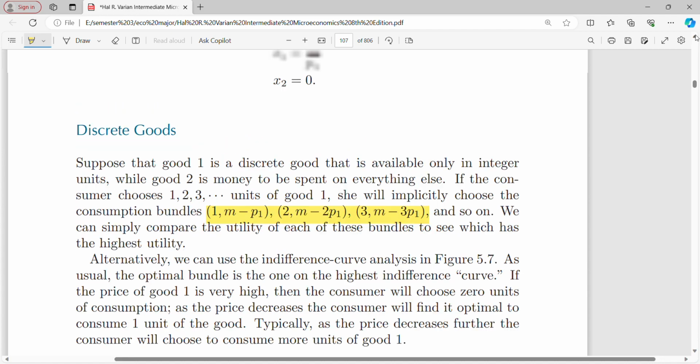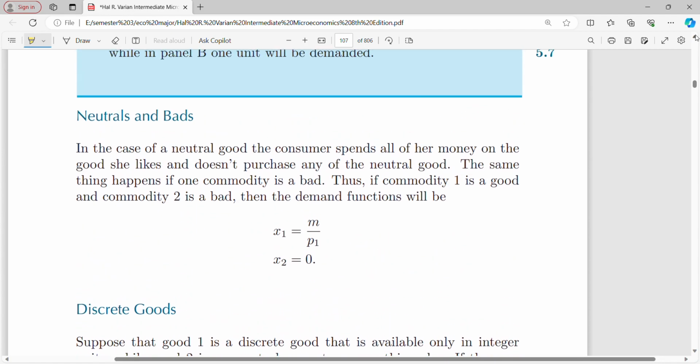So this is what discrete goods are about, and next is neutrals and bads. We know what they are. In the case of neutral goods, the consumer spends all her money on the good she likes and doesn't purchase any of the neutral good. Here the consumer's main goal is to be in optimum, to get maximum satisfaction. If the consumer is neutral to one good and happy with the other good, why should she spend on the neutral good? She'll spend all her money on the other good,